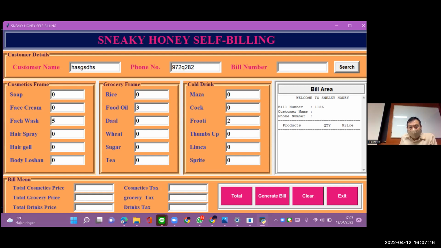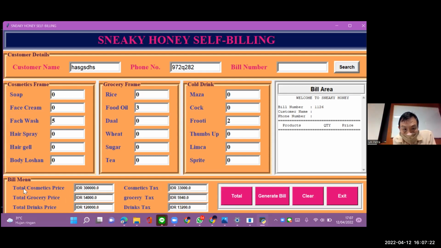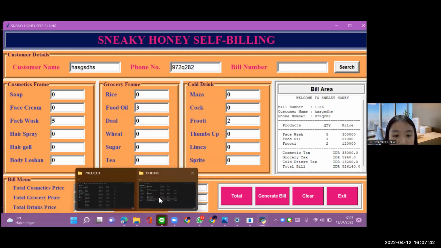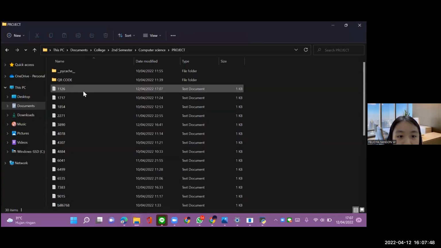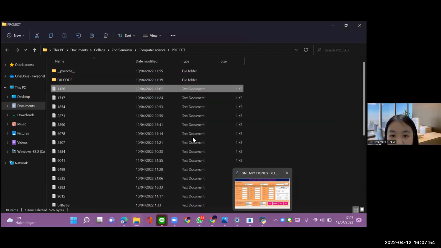And for your information, the bill number is already generated automatically. So I will total it, and it will list the total cosmetic price and cosmetic tax. And I will generate the bill. And then here's an option: do you want to save the bill? If yes, the bill number 1126 is saved successfully, and I can open it in my document. This is 1126. This is my bill, and if I clear it, yes, I can also search my bill,